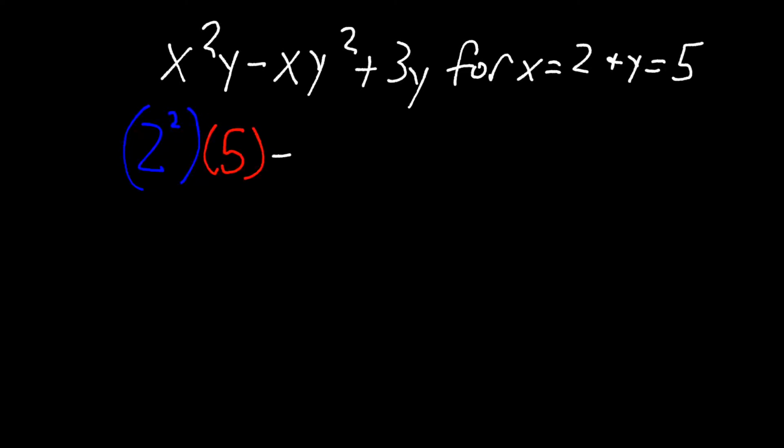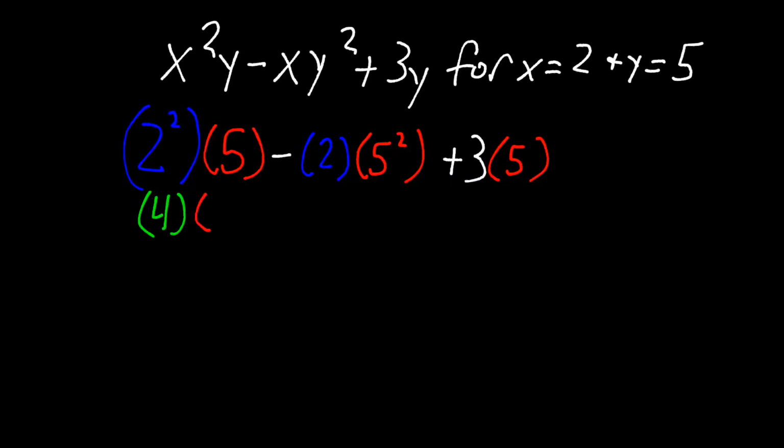minus 2 times y squared, so that's 5 squared, plus 3 times y, which was 5. So I have substituted all of my values into the expression. And now all we got to do is work it out. Follow your order of operations. 2 squared is 4